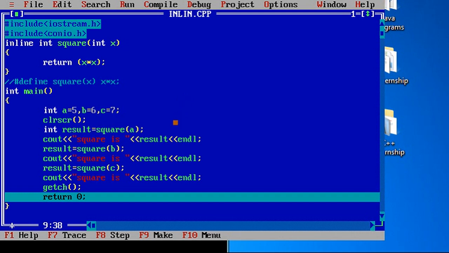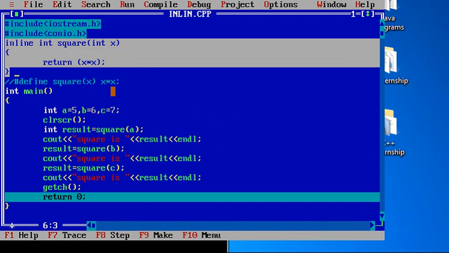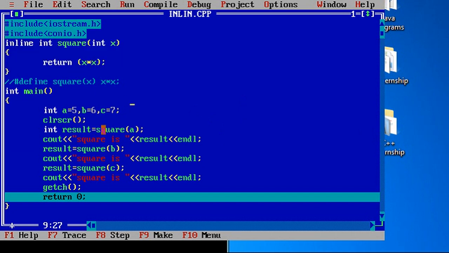But the thing is that as we are calling this function 3 times, this function definition will be replaced at 3 locations, one here, another here, and a third here, right? Because of that your program size may be more. See, in the earlier case we had only one implementation, now we will have 3 occurrences of that definition. See, there is always a conflict between time and space complexity, right? If you want faster speed, then you have to compromise in terms of space. So it is taking slightly more space, but the advantage is that the execution is faster.